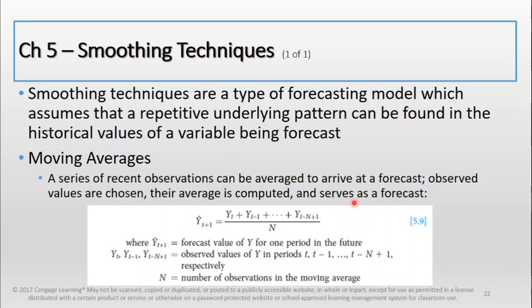I think moving averages is nothing new. I believe you've already encountered this method in your accounting, either cost or financial accounting. So it is defined in this general formula, where y circumflex t plus 1 is equal to the forecast value of y for the period in the future, and these values on top are your observed values, and your capital N is your number of observations